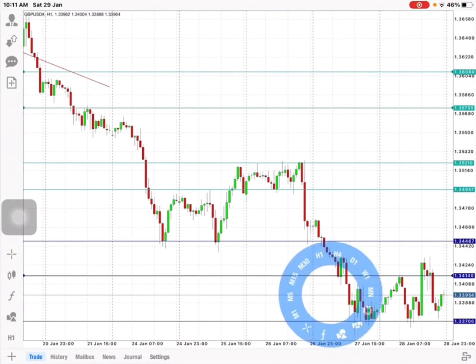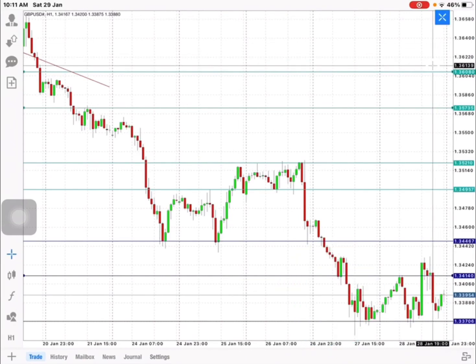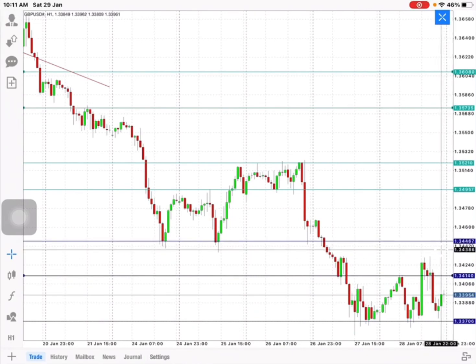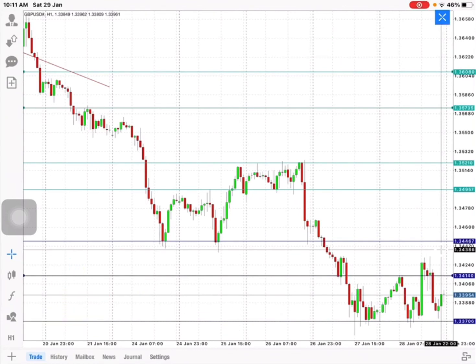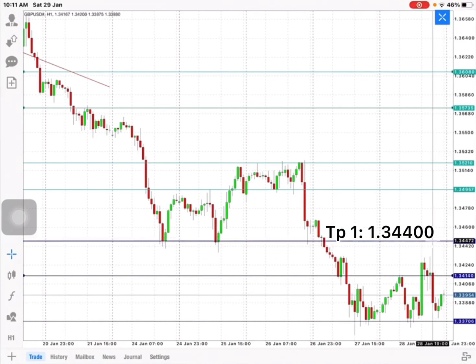So what's my move on GBPUSD is, I'm a seller, but before that I would like to see the market moving here, guys, because the USD index has to come down to retrace. So when the USD index is coming down, GBP will move up, guys. That's why I would like to see the market coming here. Your TP1 around 134,400 or 134,500 within this zone here, guys.